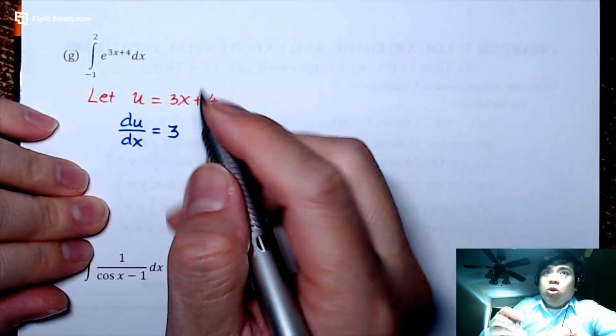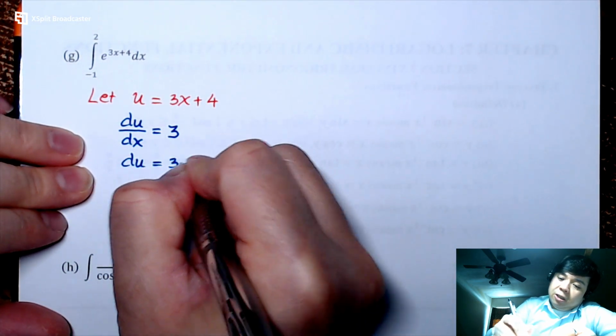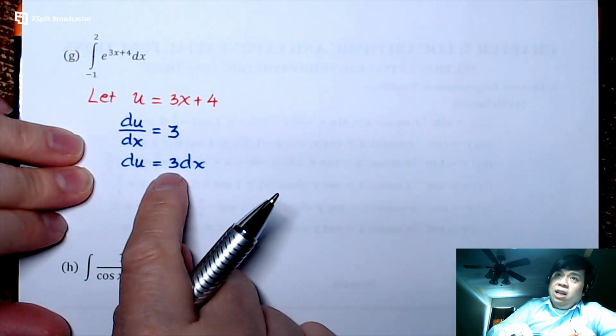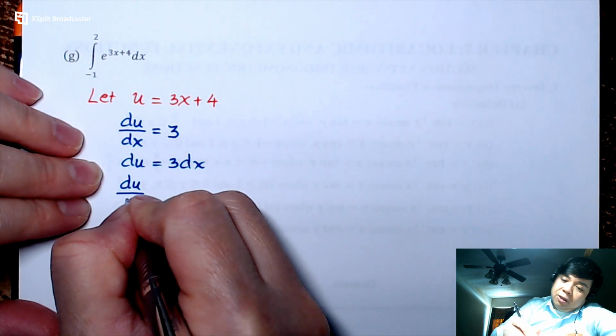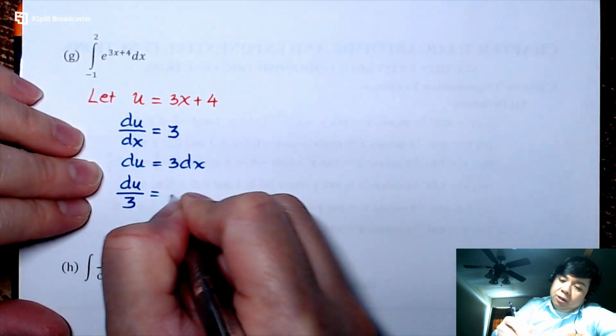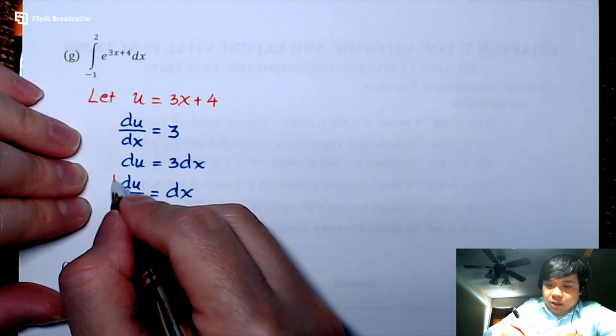And I can multiply the dx over, and then divide by 3. So we have two components,